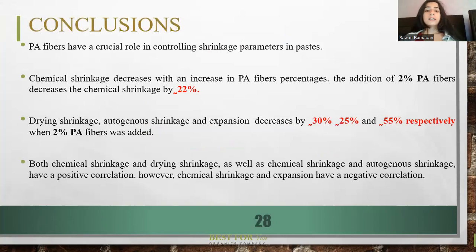Chemical shrinkage decreases with an increase in PA fibers, about 2.22% when 2% PA fiber was added. Drying shrinkage, autogenous shrinkage, and expansion decrease by 30%, 25%, and 55% respectively, when 2% PA fibers was also added. We have a positive correlation between chemical shrinkage and drying shrinkage, and chemical shrinkage and autogenous shrinkage, however, there is a negative correlation between chemical shrinkage and